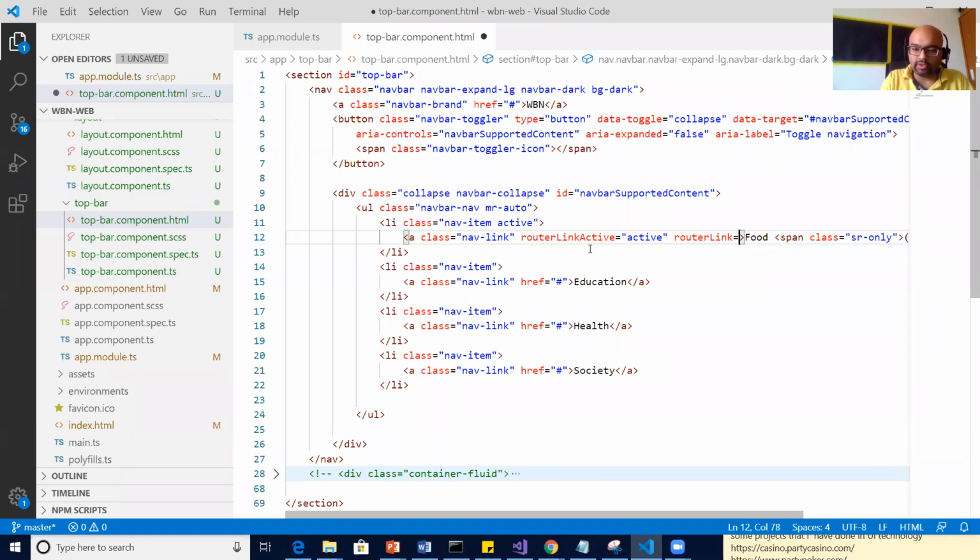Router link equals to the page that I'm going to go to. So let's say food is the page I want to go to, food page, correct?